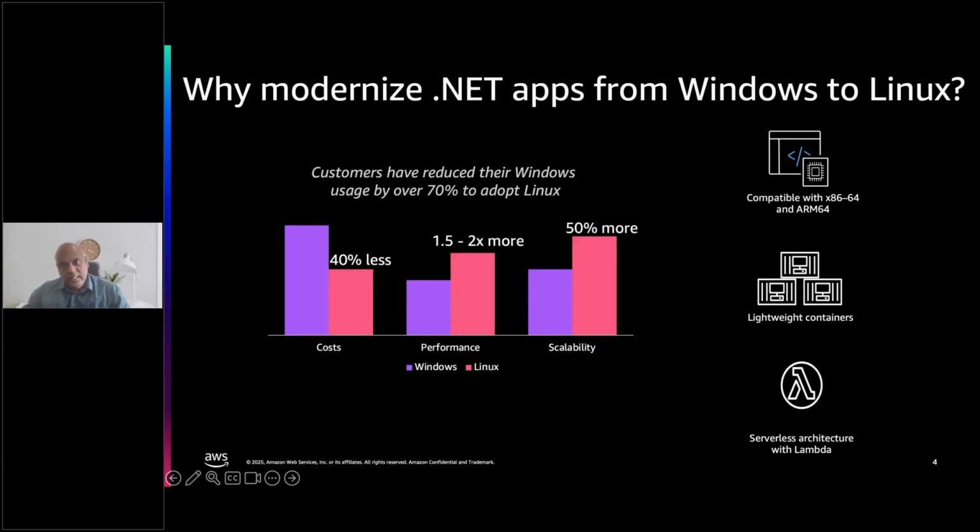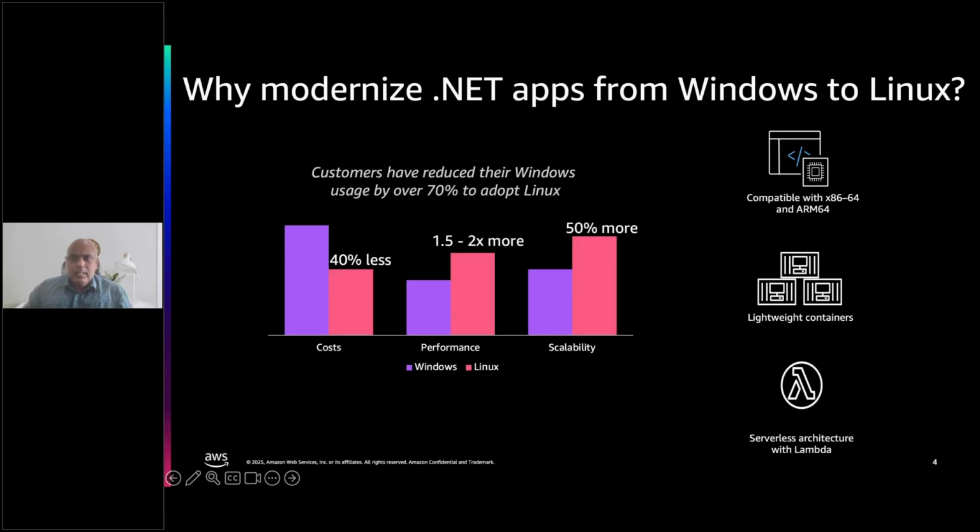And once they're running on Linux, you will also open up opportunities to scale your application more by taking advantage of containers or cloud native solutions such as serverless architectures or even running them on different instance types. So your scalability options are rapidly more for you. And what we have seen is AWS customers who currently have Windows workloads are already choosing to adopt Linux environments, and over 70% of them have done so.